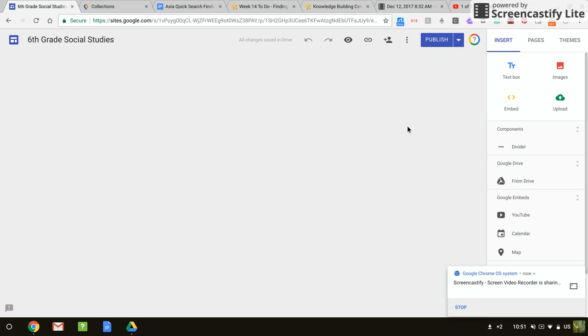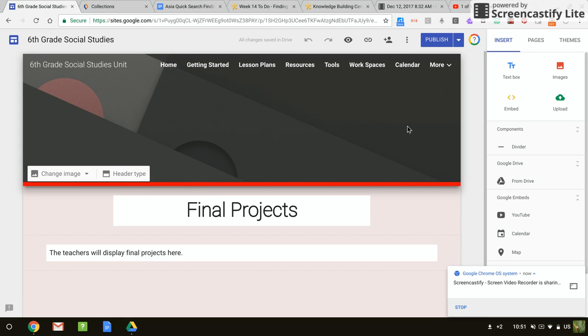And I also reserved a page for the teacher to put any final projects, and this would be a great place for the teacher to put pictures of past 3-panel projects that we have pictures of from the past, like multicultural night, so the students can see that as examples and get some ideas from that.